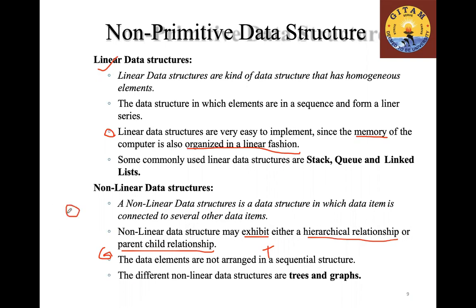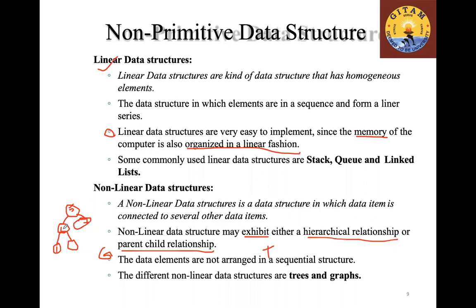Maybe in trees, you can say there is a node which is connected to two different nodes, and again these are connected to two different nodes. You see how I'm connecting. Imagine each node is an element having a number. One is having 5, the other 6, and the other 7. So to go to 7, I can first go to the root node 5 and directly go to 7, right? And to go to 1, I can go from 5 to 6 to 1.